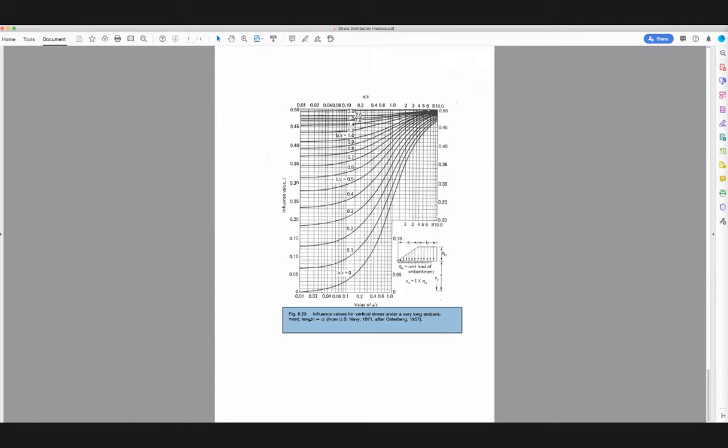What we have here is the influence values for a vertical stress under a very long embankment. That means length into the page being infinity. And we have an A parameter, which is a horizontal projection of the slope length. And we have a B, which is the